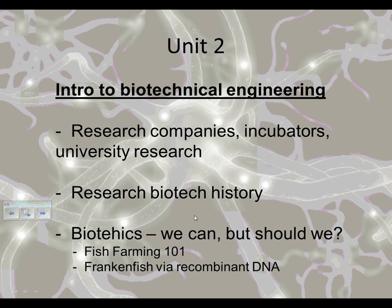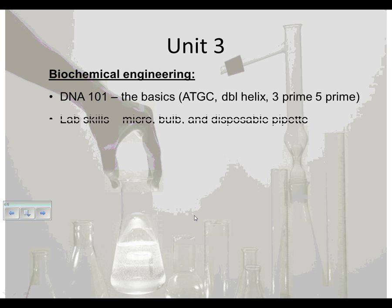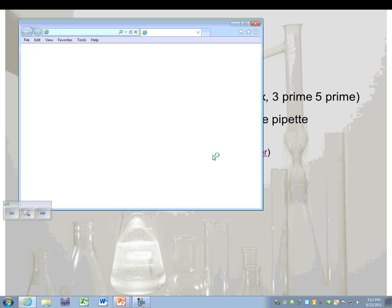And then we get more into the lab portion of the class, which is Unit 3, and that's Biochem. And we'll get into basics of DNA. I'll teach them some lab skills on different types of pipettes. And we do this thing called genetic transformation, and in a nutshell what we do is we change